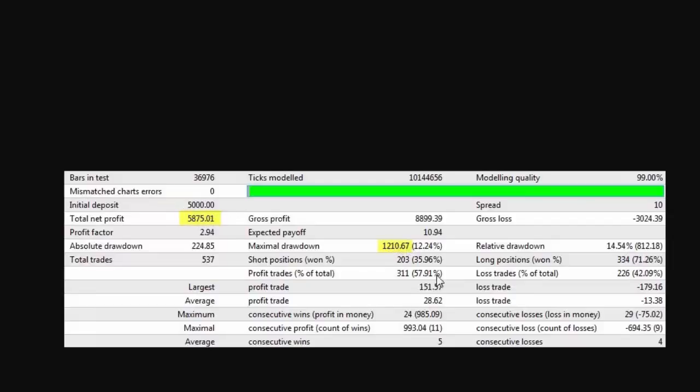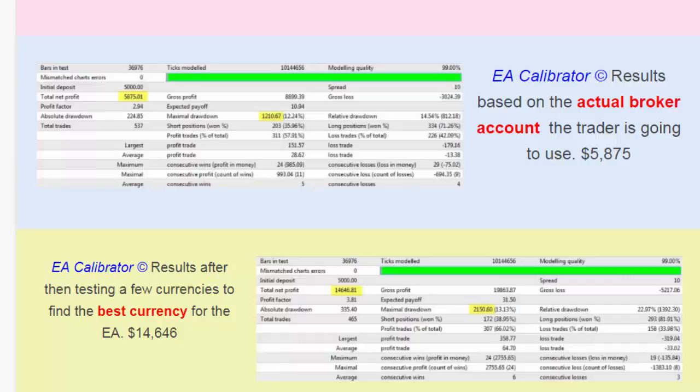Low drawdown, nice success rate, low losses, high profits. That's the kind of thing we're looking for in an EA. And the testing is at 99% quality. So let's move on. Then we take that same EA Calibrator and start testing other currencies, and look what happened then. The EA Calibrator was used to test other currencies, and the client found the best currency for that particular EA on his particular broker, and the results were